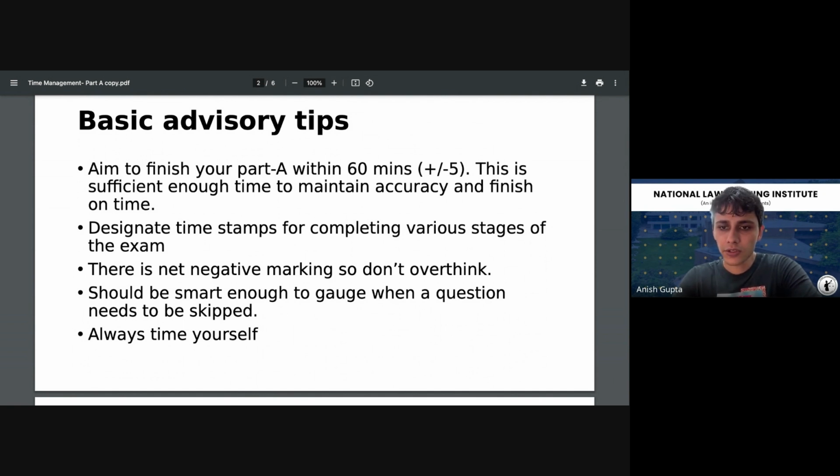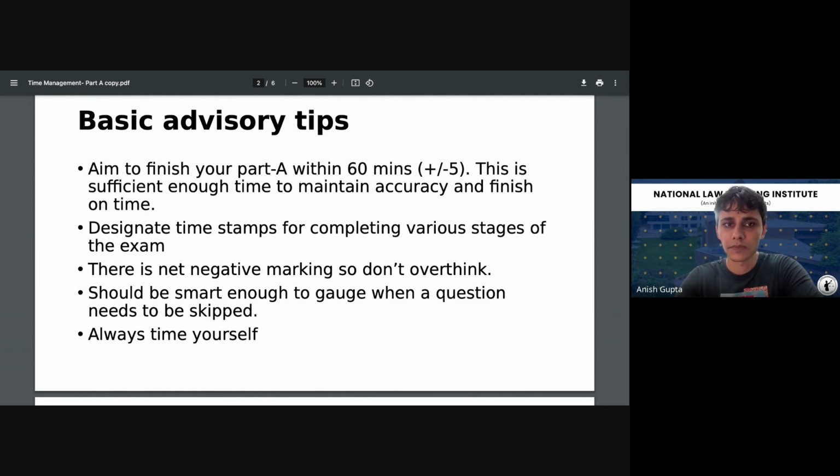But with that, it's also equally important to now recognize that part A in this paper has become more important than part B. Because if you do not manage to score enough in your part A, your part B is anyway not going to be evaluated. So it's more or less insignificant that if you try to finish your part A within such a short span of time, in order to make up some time for your part B, that your accuracy is lost out in that process. So it's a very fine balance you have to strike, which is that you have to ensure that as you're attempting your part A, you're only taking as minimum time as possible, yet at the same time, your accuracy shouldn't